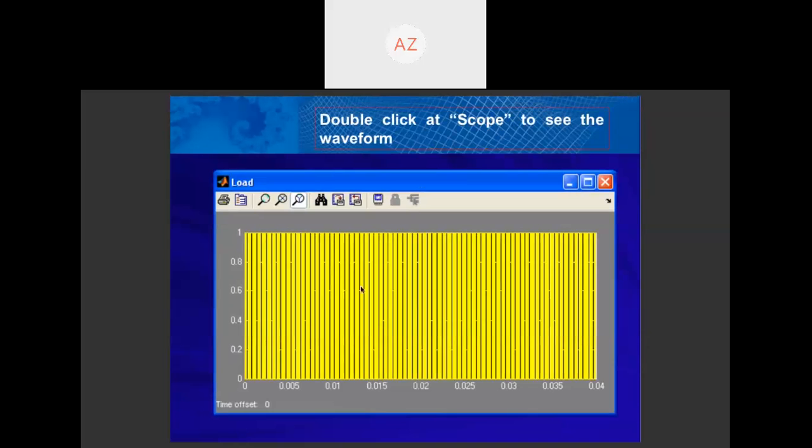So this is the PWM signal. You can click add zoom to zoom the waveform. So that's the procedure to generate PWM in the MATLAB simulator.